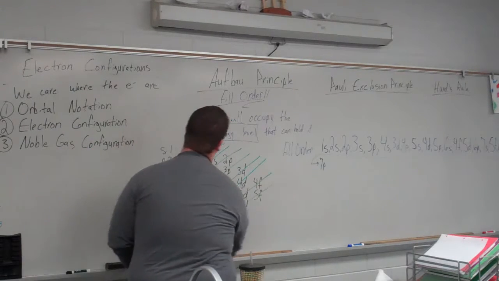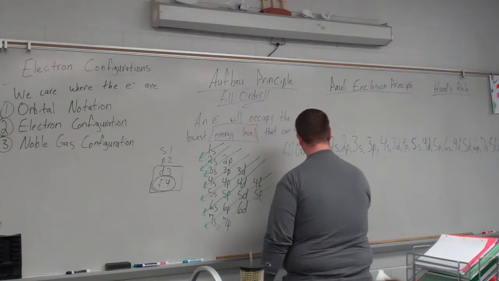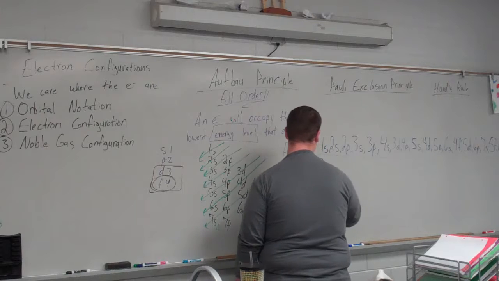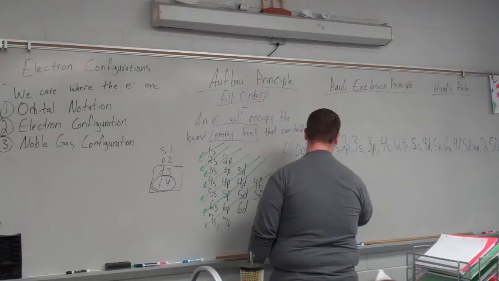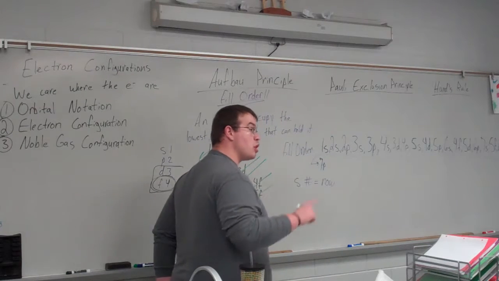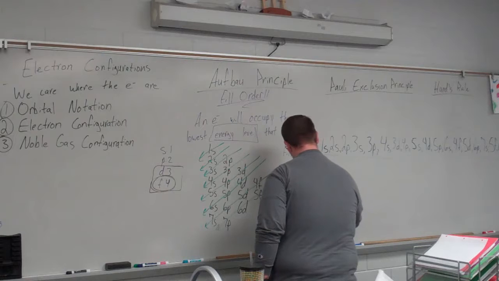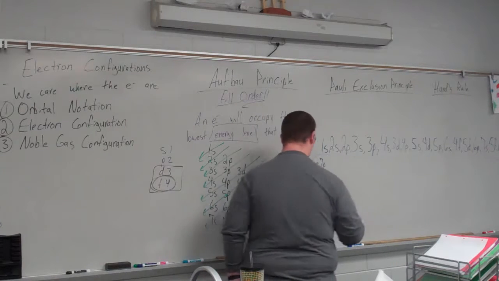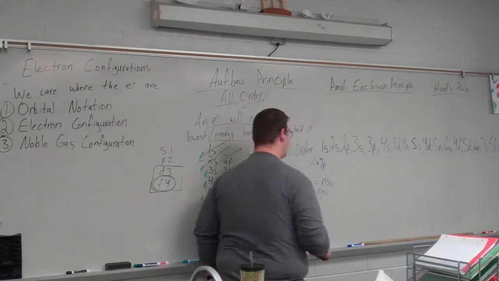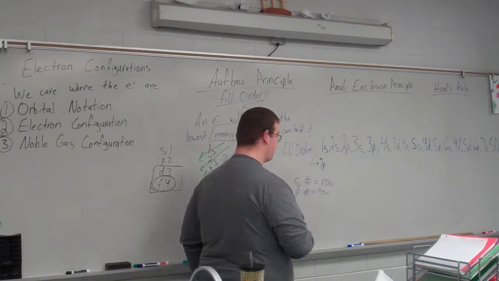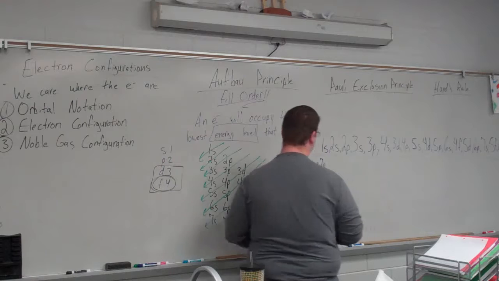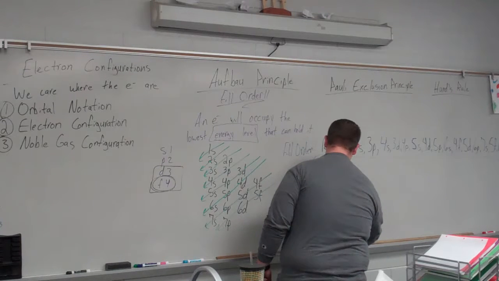So here's the important aspect when you're dealing with the fill order. If you're dealing with S, the number before is equal to the row. For P, it's the same thing. The number is equal to the row. But it changes for D and F. Of course it does. For D, the number is equal to row